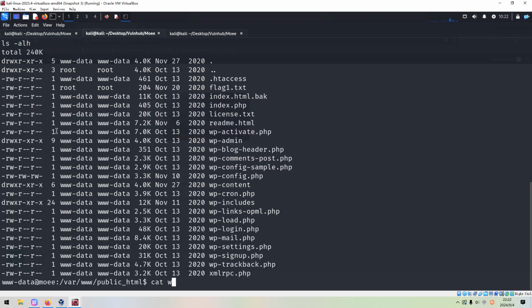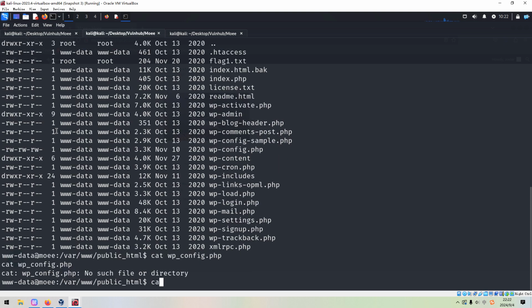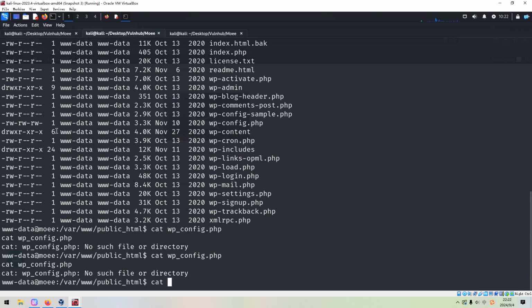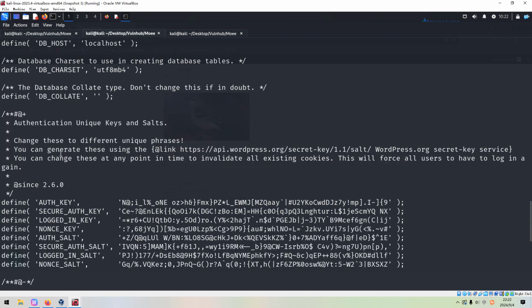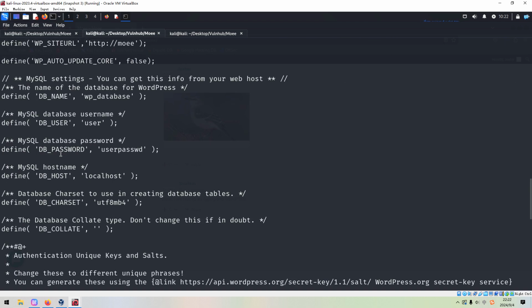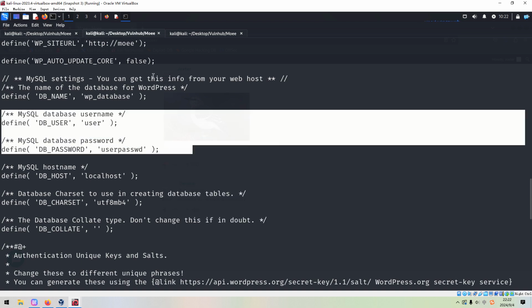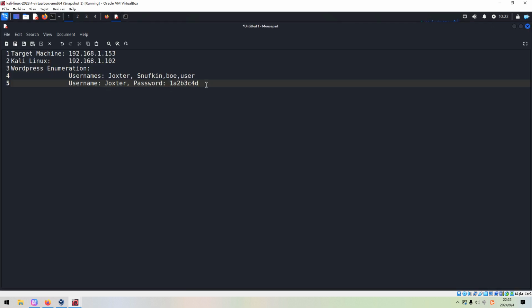And because this is the WordPress application, so we need to check out this config. Oh, sorry, should be not underscore, should be a dash. My bad. So as you can see, we successfully retrieved this file to get the credential for the database connection, and we can copy and put over here.